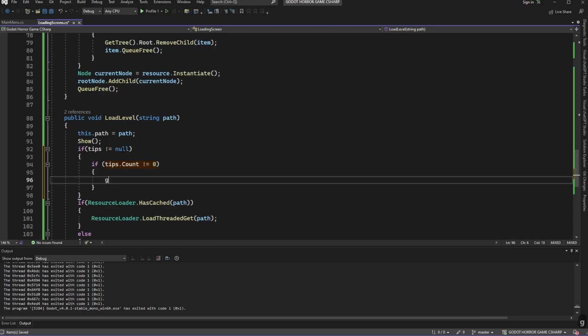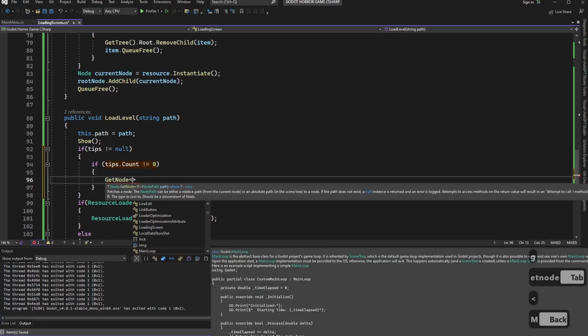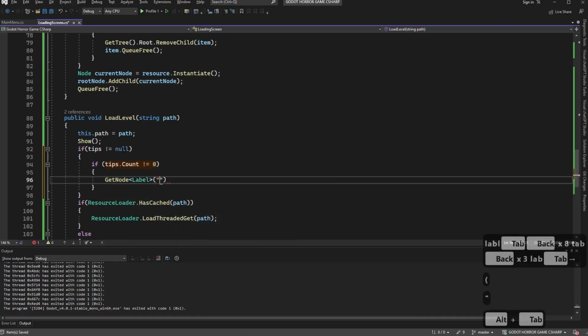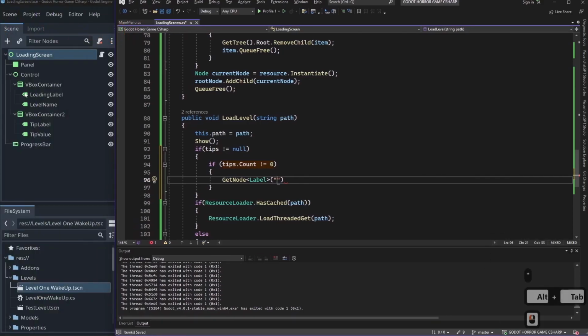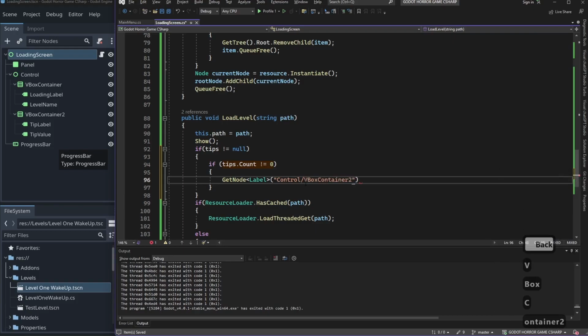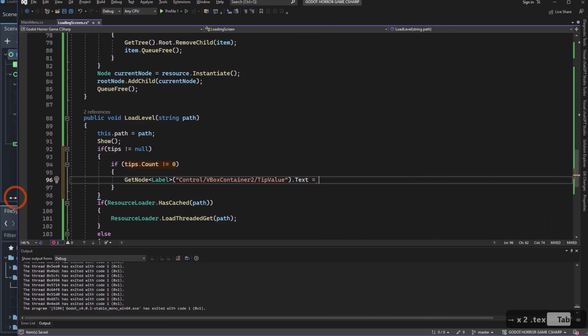So we'll say GetNode, and I believe it's going to be a label, and we'll have to get our node path. If we slide this over, we can take a look at it: control/vbox container2/tip value, like that, .Text is equal to